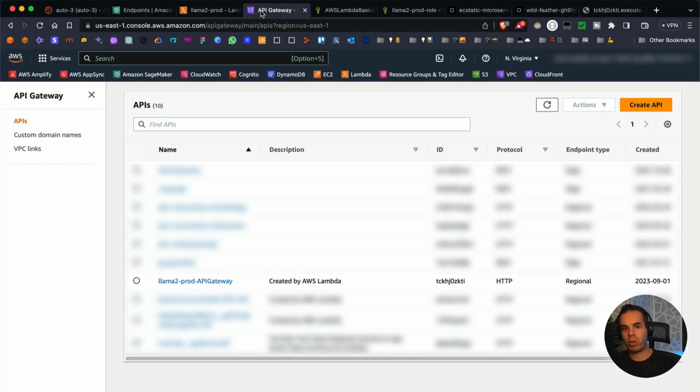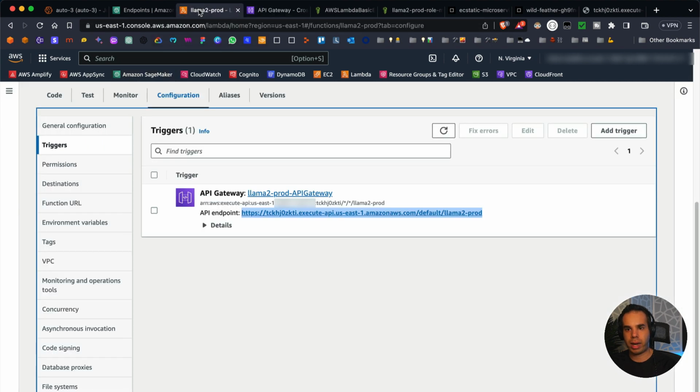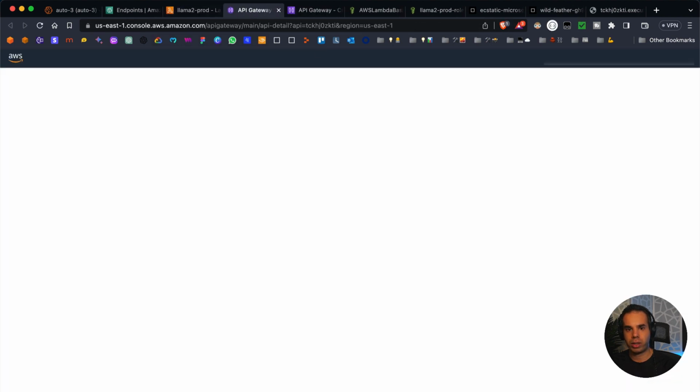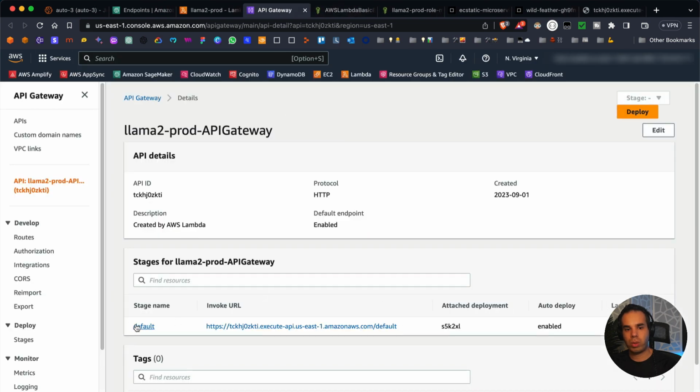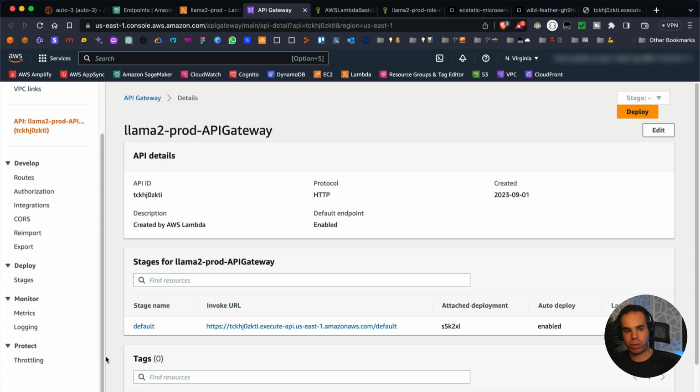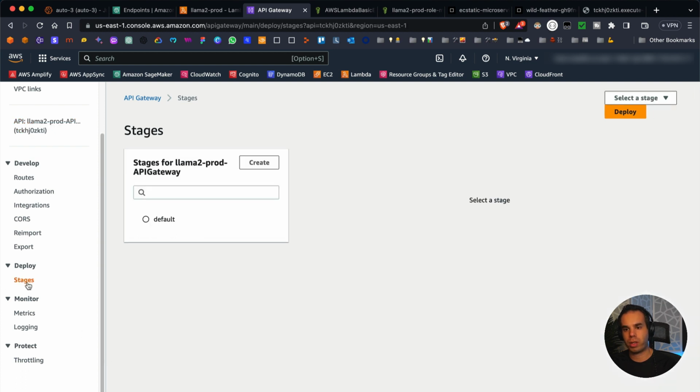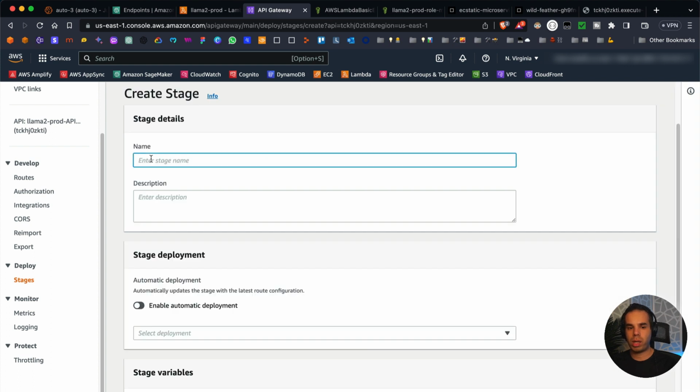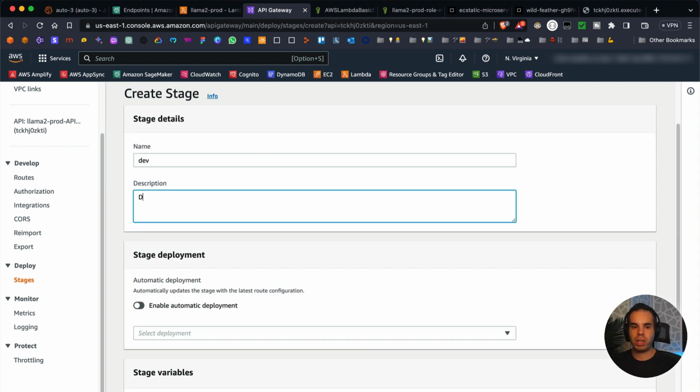So something that would actually be really interesting to just talk about very quickly would be that when we are looking at our endpoint here, so let's actually go to that. So something that you can do for stages that I think is pretty important is when you want to configure maybe a production or a development. So right now we just have one default. And let's say that we wanted to deploy a new one. So we could name it maybe dev. And this could be development